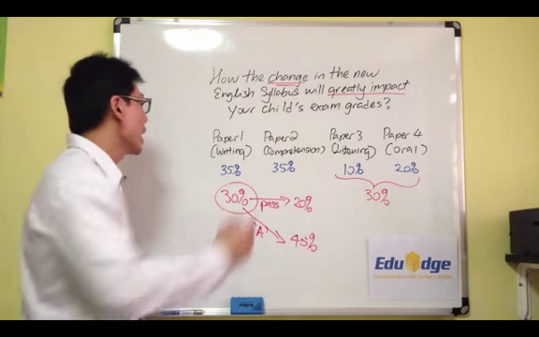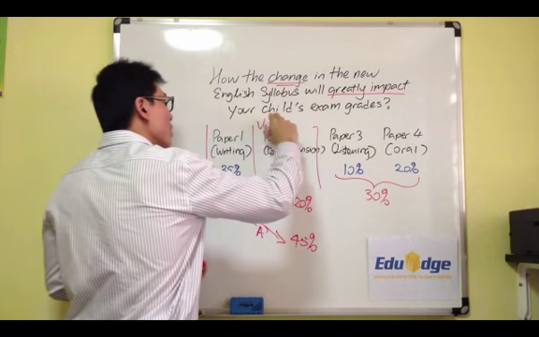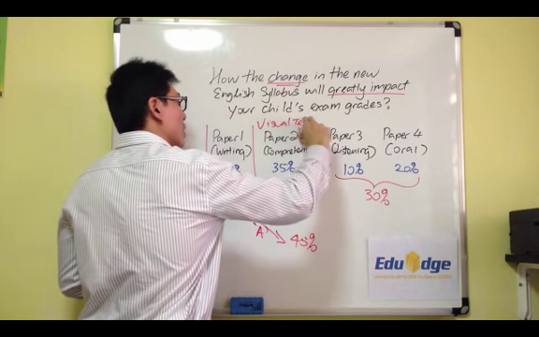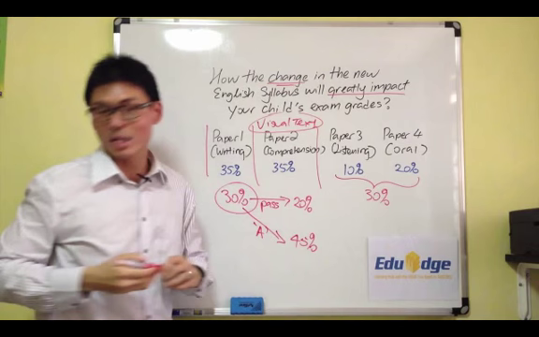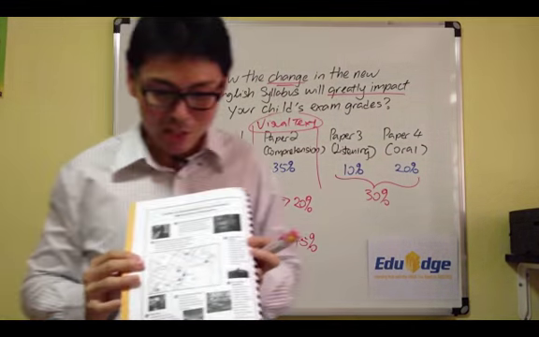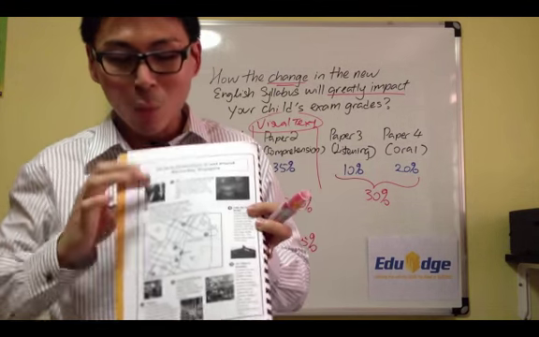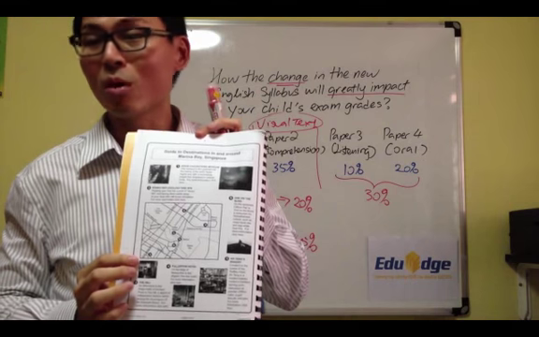Now, at the same time, you may be wondering, so what is new in Paper 1 and Paper 2, right? In Paper 1 and Paper 2, there is something that we call the visual text. Now, what exactly is a visual text? Let me show all of you. What I have here is actually the new syllabus guideline from MOE. These are the sample exam papers. What you see here is an example of a visual text.